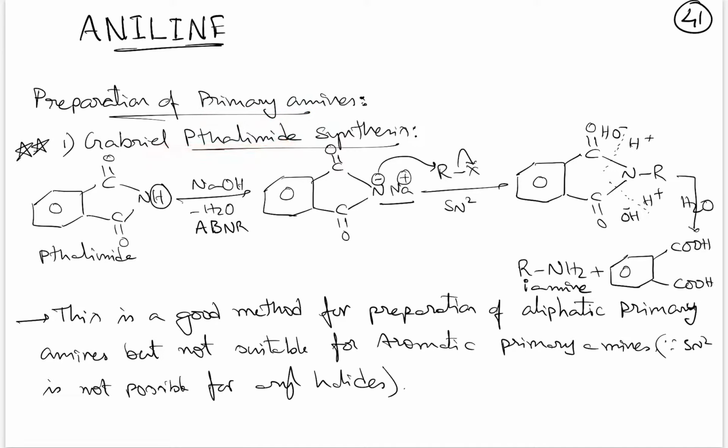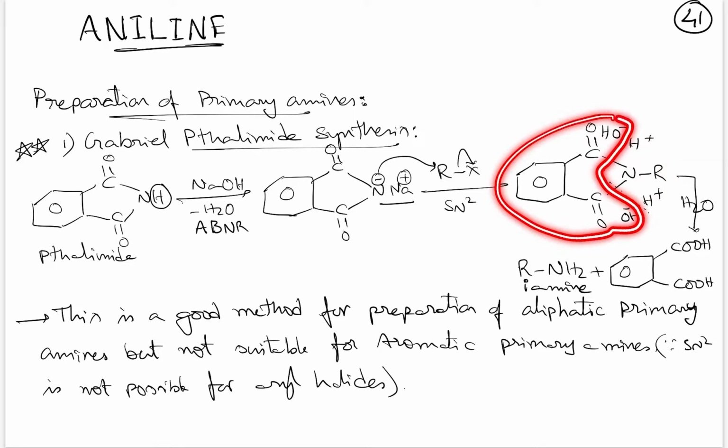First method, Gabriel phthalimide synthesis. We take phthalimide, and phthalimide has an acidic hydrogen. So on reaction with the base NaOH, it will form a salt, and nitrogen with a negative charge acts as a nucleophile which will go and attack on alkyl halide, replacing X minus by undergoing SN2 reaction, will give N-alkyl phthalimide. And this N-alkyl phthalimide on hydrolysis will break down like this and form an aliphatic amine RNH2, and